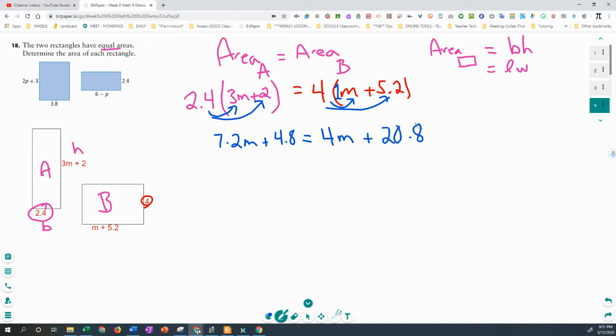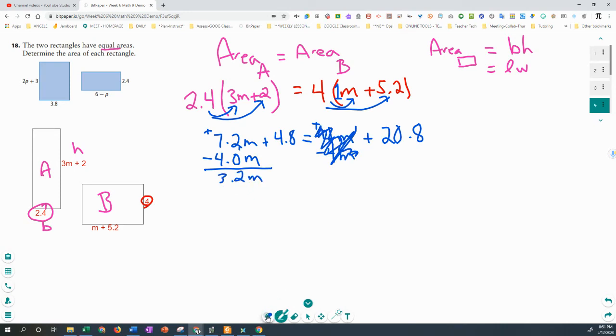Now, I was talking about a little hack earlier. I noticed that in terms of our m's, we have a positive 7.2 and a positive 4. I think I'll subtract 4m from both sides, because guess what happens over here? I'm left with a positive, and I suppose I could have written this a little bit better, right, grade nines? I could have acknowledged that 4 is the same as 4.0, lining up our decimals to be nice and neat about it. So, wonderful little zero pair out there. 7.2 minus 4 is